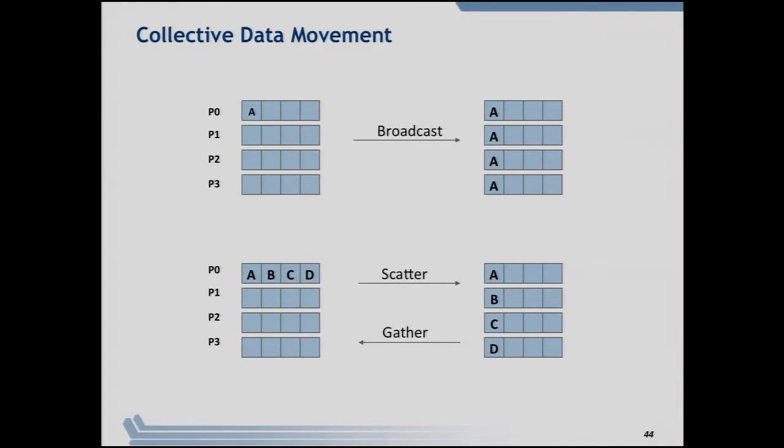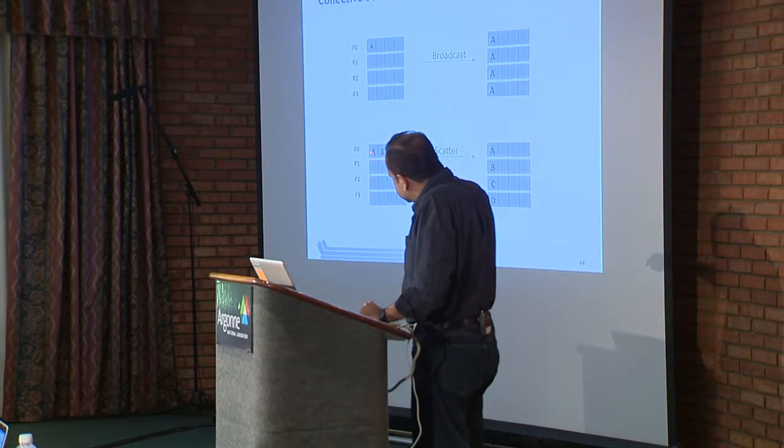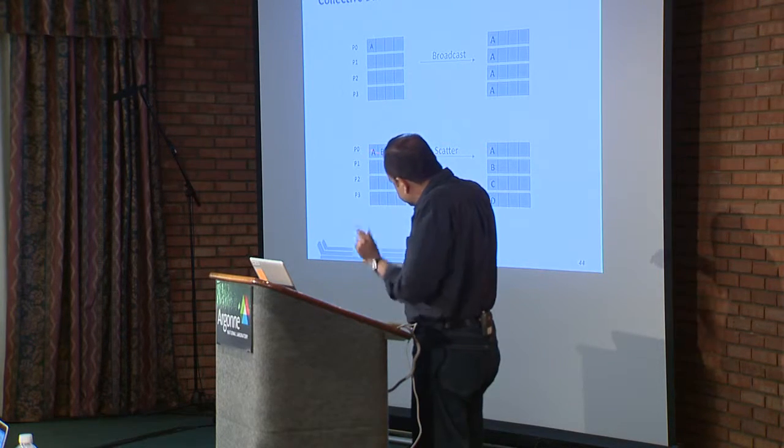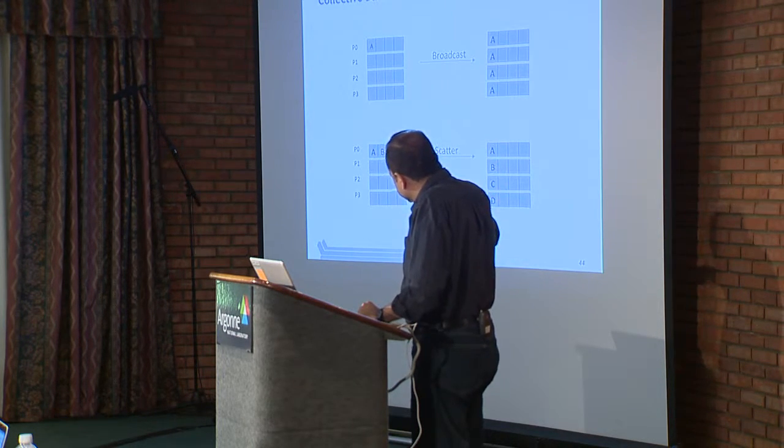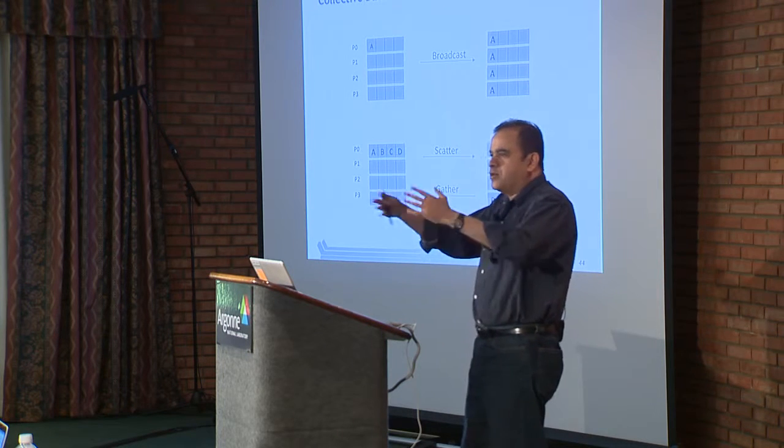So that was broadcast. There is also a scatter operation. The scatter takes an array and effectively divides it among processes. It is not specified as a division. The way a scatter is specified is you specify the basic unit that needs to be sent, and then it sends the first unit to rank 0, the second to rank 1, the third to rank 2, and so on. So you're like dividing an array and